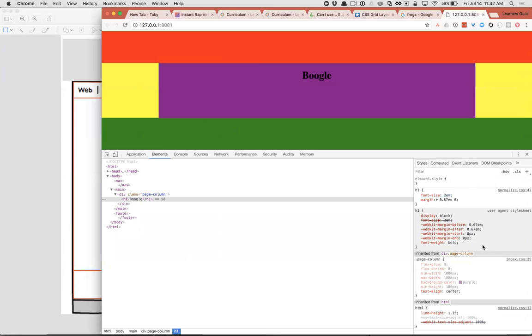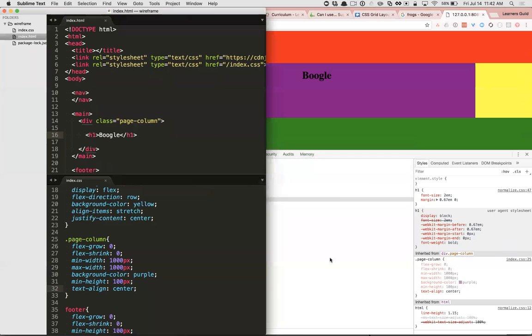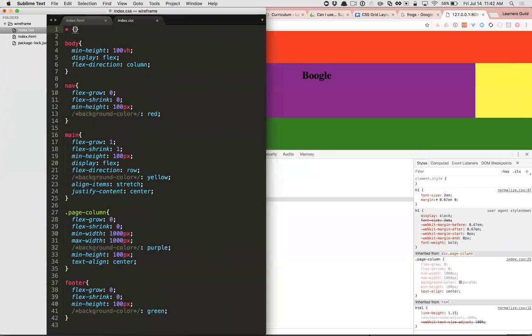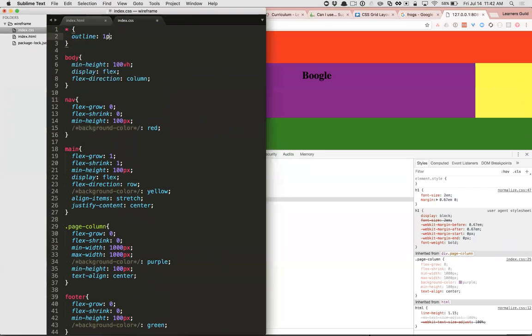or you need to adjust so it doesn't cascade down the way it is, right? So I start top down, and I build the basic shapes, and I give them bright colors. Another trick that I do, instead of these background colors, which I like, let's say I wasn't doing that, is I'll do a temporary style where I just do like star, and I'll say outline 1 pixel dotted red or something like that.